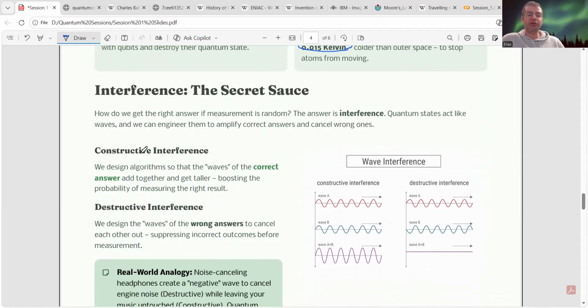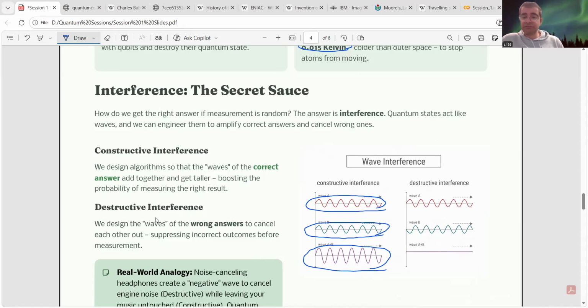We have the constructive interference and destructive interference. You see, this is a constructive interference. Let's say you have two waves. This is wave A, this is a photon, and this is another wave. If you add this up together, they will sum up, and you see the amplitude will increase.